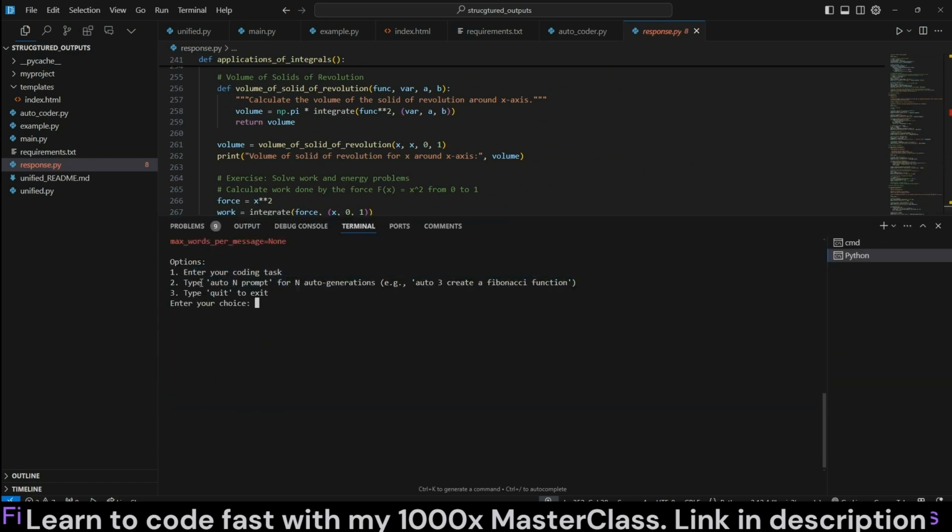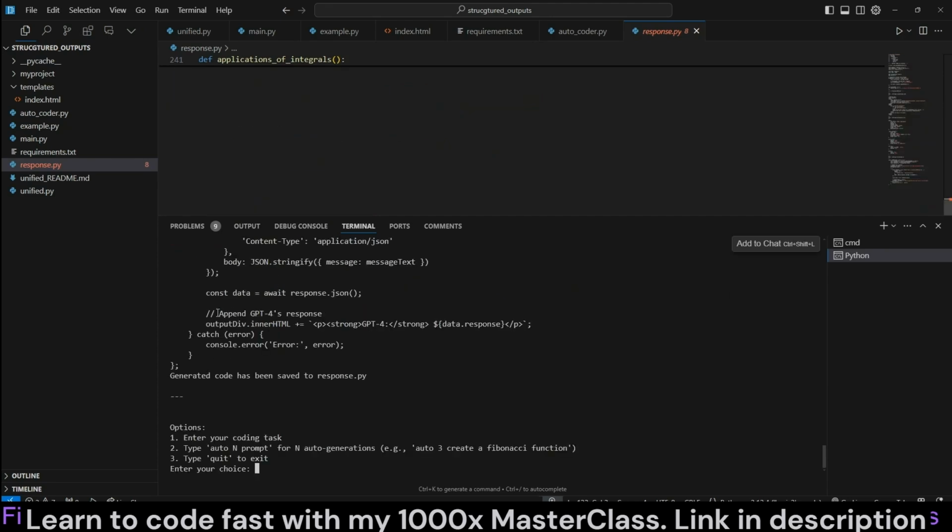You enter your coding task, or you can prompt it with an auto prompt. Let's first ask for a GPT-4 chat application, and then it'll allow us to iterate. Then we can enter auto prompts. For example, we can say auto to improve this code, then it'll work 2 times more, iterating over the code to apply your instructions. But currently, it's just taking a single shot, a single instruction, working on it with a